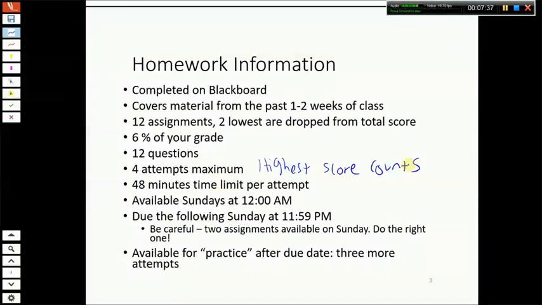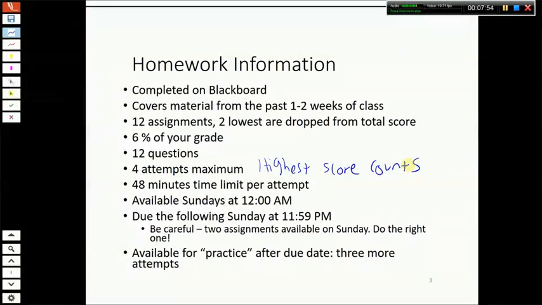there's going to be 2 assignments available. There's going to be the new one that just opened up and the one that's due at night. And just make sure you do the correct one. So check the due dates, check the syllabus if you're not sure, to make sure you're doing the correct assignment. They are numbered, so the smaller number is due before the larger number, Chapter 2 before Chapter 3, and so